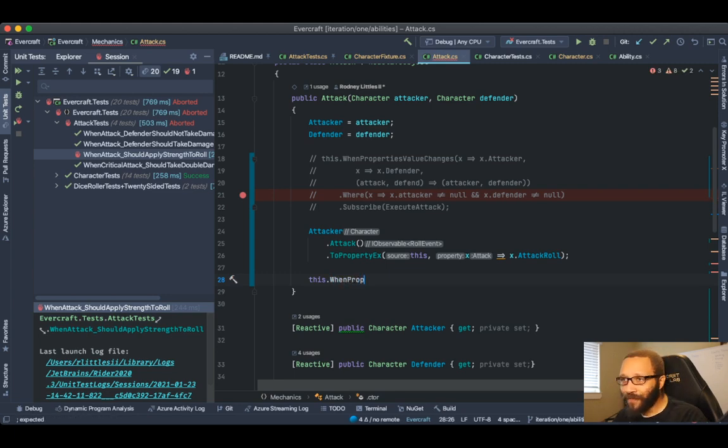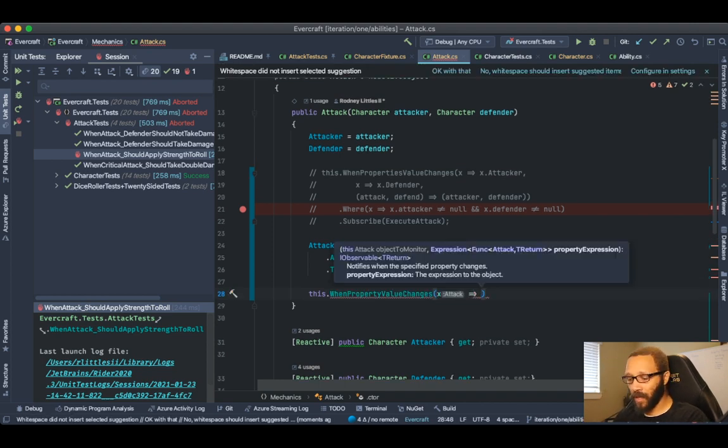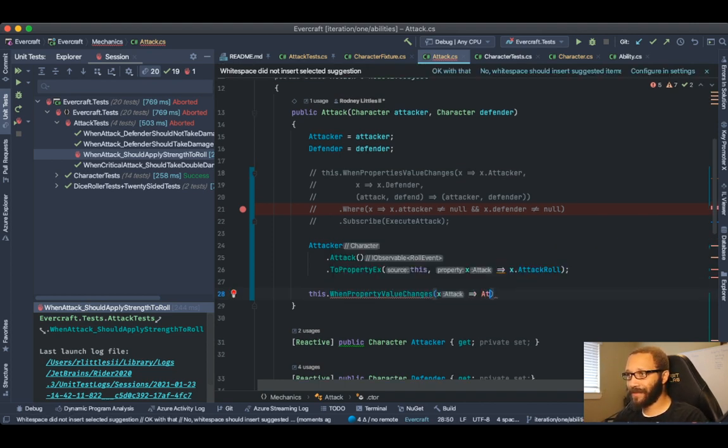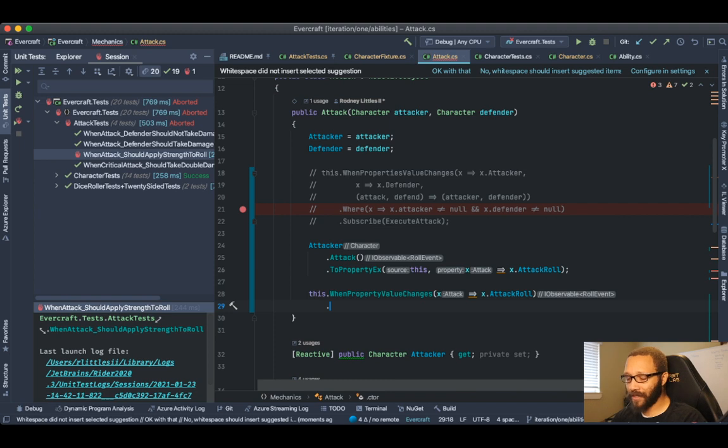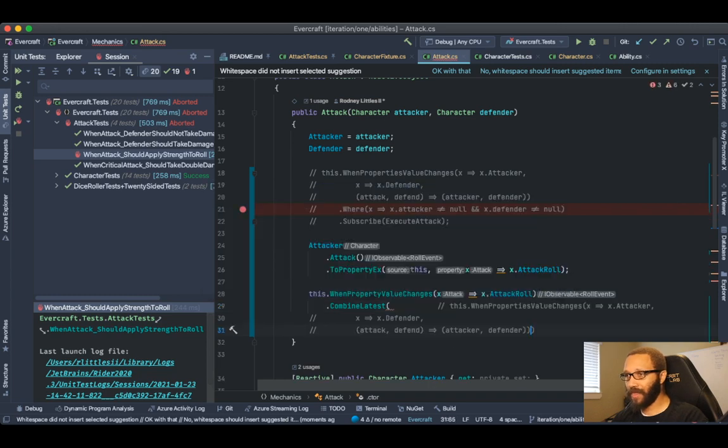When property value changes, x.attackRoll.CombineLatest with